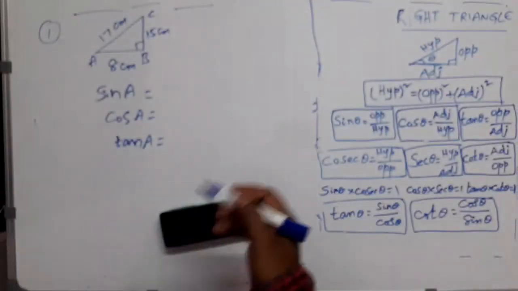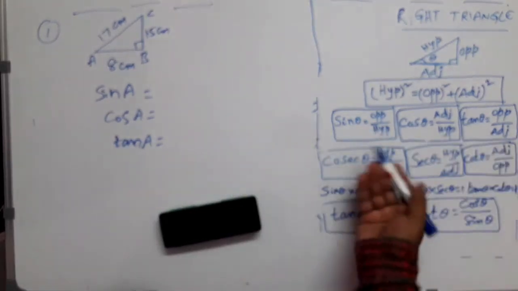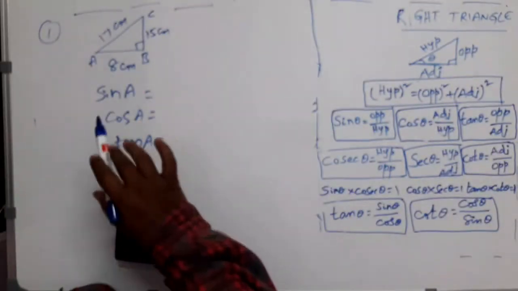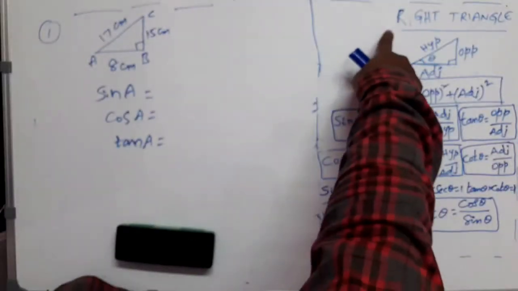Already we have discussed how many ratios are there: 6 trigonometric ratios, sin theta, cos theta, tan theta, cosecant theta, secant theta and cot theta. Of course, you are supposed to find the values of three ratios here. For this angle A, you are supposed to find sin A in this right angle triangle. What is the formula for sin A? Sin theta is opposite side by hypotenuse. Here for this angle A, what is the opposite side? This one, BC. So BC divided by hypotenuse, which is AC. BC by AC.